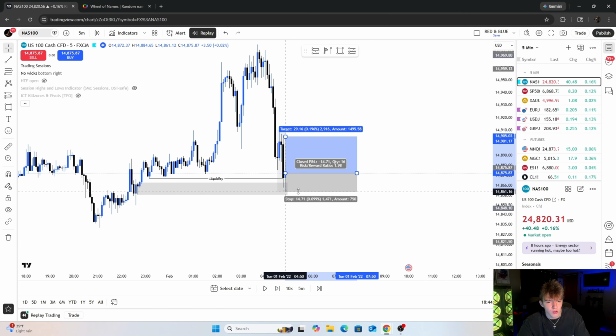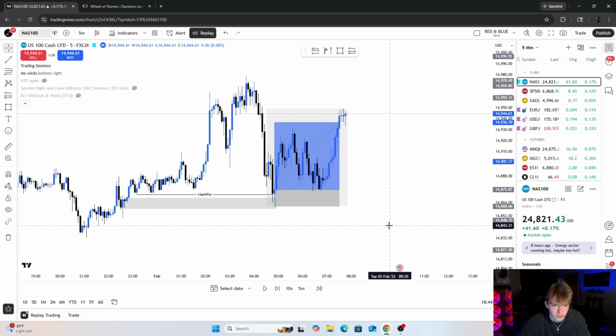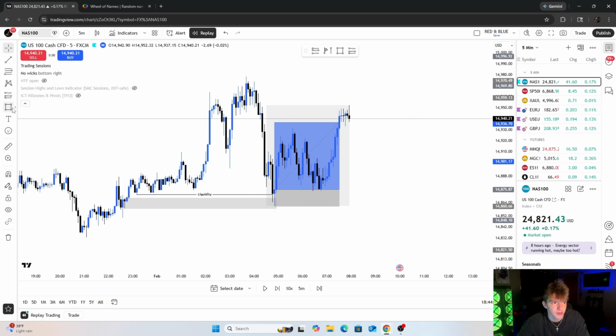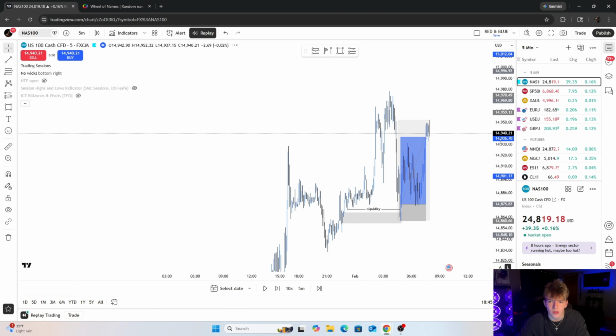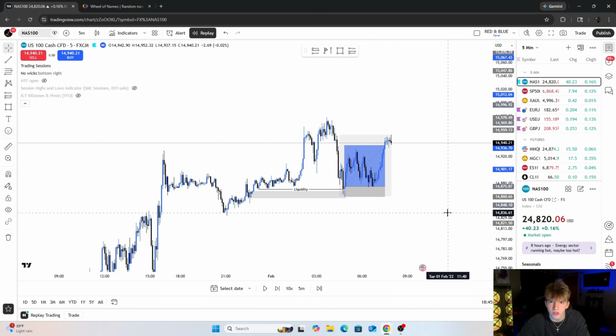And price ended up hitting TP. So that is literally the first day of February on a Tuesday. 4% already locked in. So that's crazy, right? Price came up, pretty much consolidated, ended up coming down a little bit, and then around 7 a.m. price started picking up again, and then we started continuing our bullish trend. That's literally all there is to it.